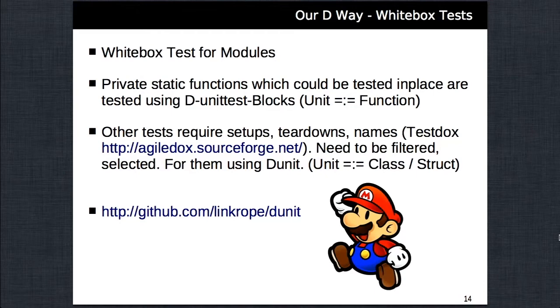DUnit was already present in D1, then this code base hasn't been emerged to D2, then a new guy came to make a new approach for DUnit in D2, but then we couldn't reach him. We wrote him emails, we wrote him GitHub patches, but we couldn't reach him. So we forked it, and here you see our link to DUnit, and it's just maintained by Super Mario.